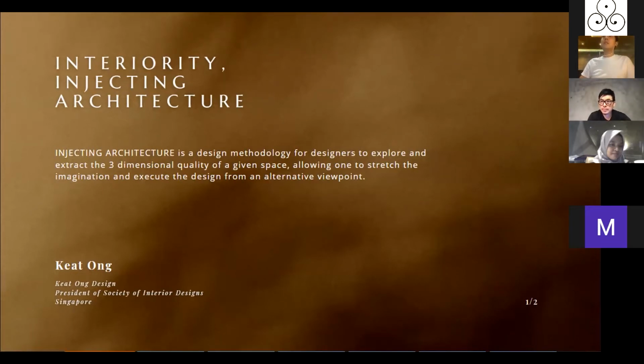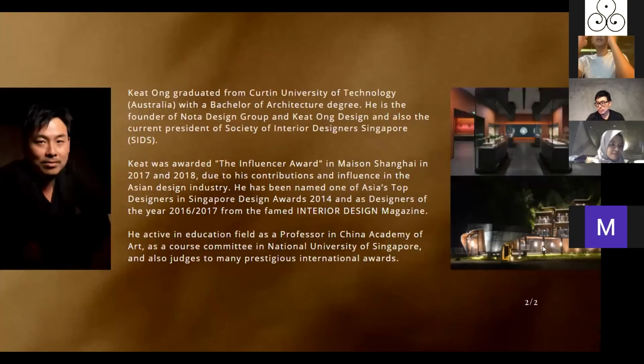Injecting Architecture from Keat Ong's point of view is a design methodology for designers to explore and extract the three-dimensional quality of a given space, allowing one to stretch the imagination and execute the design from an alternative viewpoint. If I can give an interpretation of this synopsis, usually we have a protocol of design, like form follows form, and we just need to structurize all of the methodology